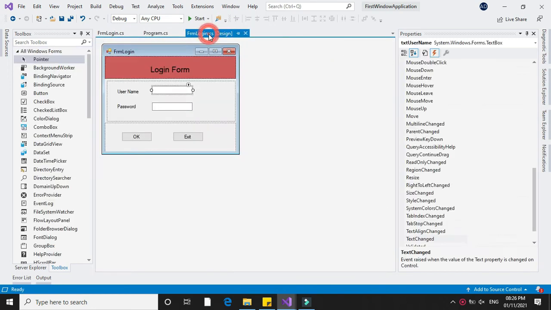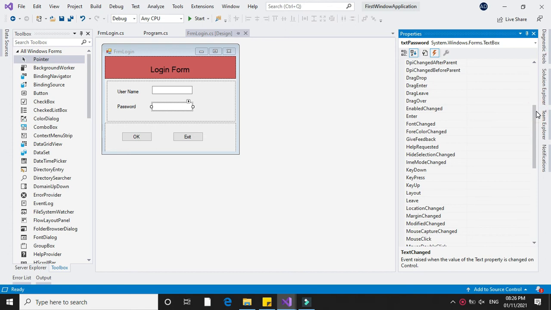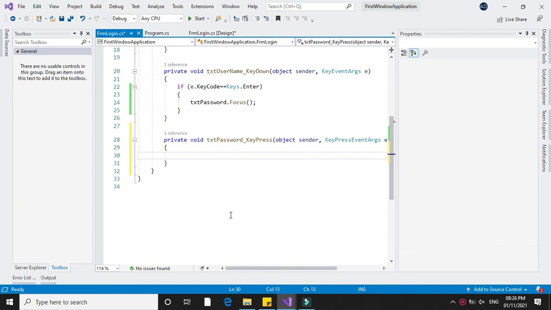So for password key, I will use key press event. You can use any event, key down or key press. So key press event. In key down event, we will check key code value, and in key press event, we will check key char value.